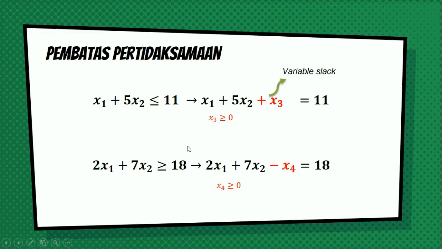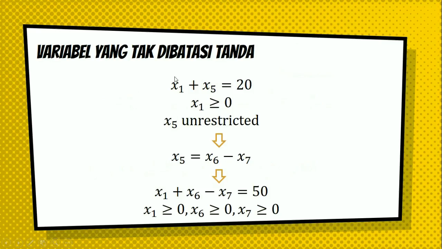Okay, same as the second equation, but what makes it different? The symbol is greater. So the slack variable will be minus, but both slack variables are greater than 0. Okay, next, there is another example